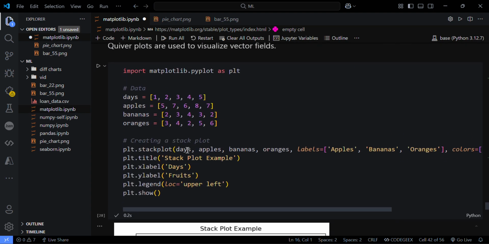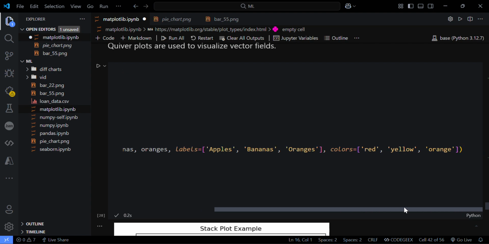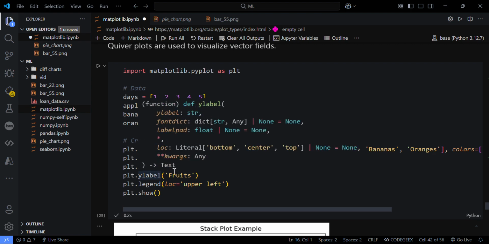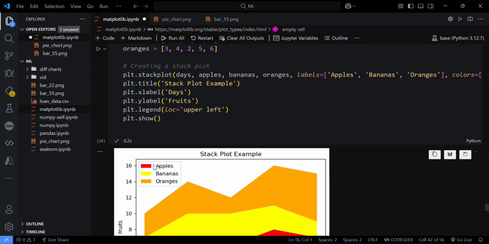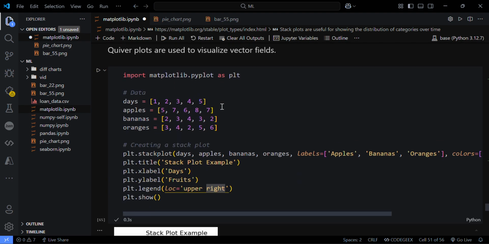We need to specify the stack data and days, apples, bananas and oranges, and label them as apple, banana and orange. Colors equal to red, yellow and orange, and give the title as stack plot example, and xlabel as days, and ylabel as fruits, and legend is used to specify this column. If you want it in upper right, you need to change it from left to right, and run this code. It will change like this,